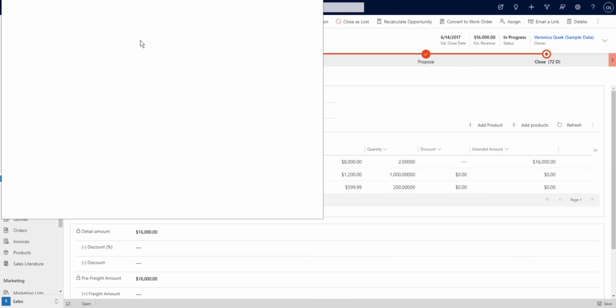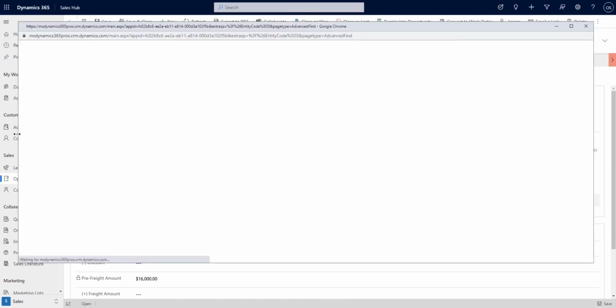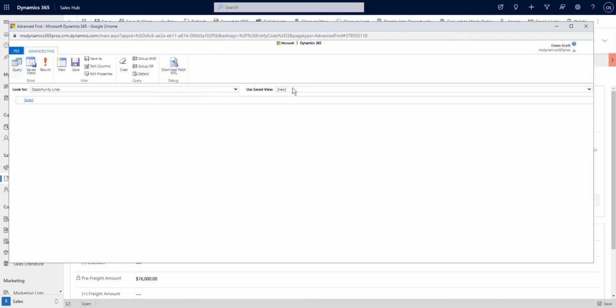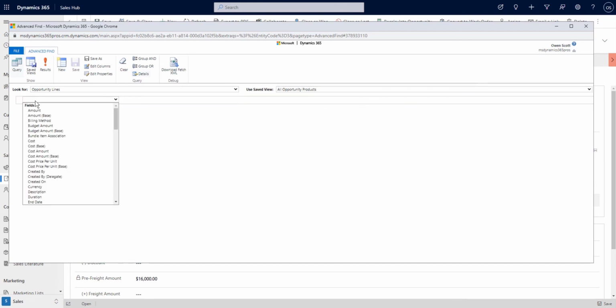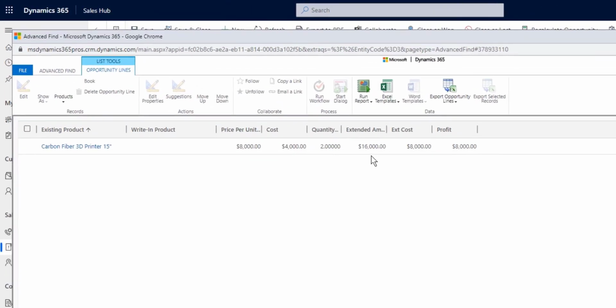So let's head over to that view that we manipulated so you can have a quick look at what that looks like. Opportunity lines, all opportunity lines, and let's just grab the one that we created today. We'll have a look. There we go. Extended amount,